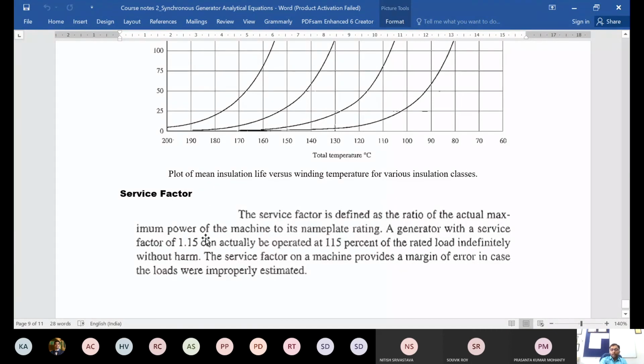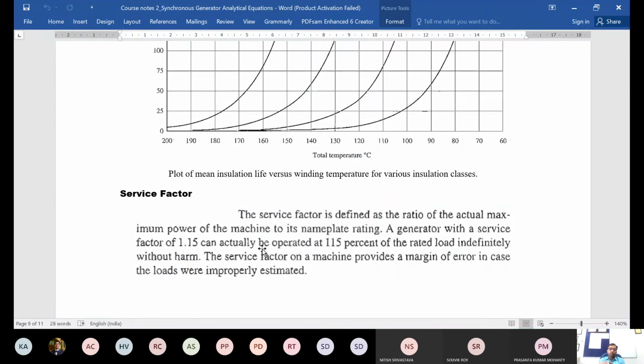And the idea here is that this is sometimes done because, let's say I want to construct a power plant. I have identified a particular load, or a particular community or area to which I want to supply the load from this power plant. So I will do some load assessment and get some idea. Then I will do some extrapolation: how much load increase will there be over the years, and for how many years I plan to put this power plant in operation.